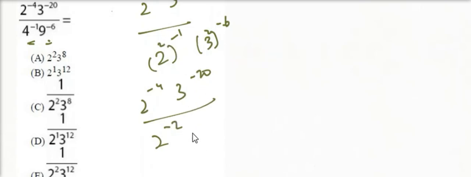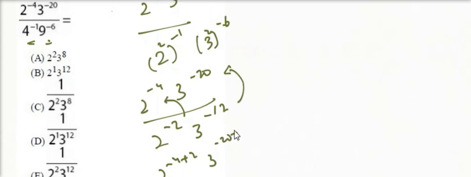And if you recall, by multiplying it in the brackets, the powers are being multiplied. So after multiplying it, we have 2 power minus 2 in the denominator and the numerator 2 power minus 4. The final value becomes 2 power minus 4 plus 2. Similarly 3 power minus 20 plus 12, and solving it further we are getting 2 power minus 2 and 3